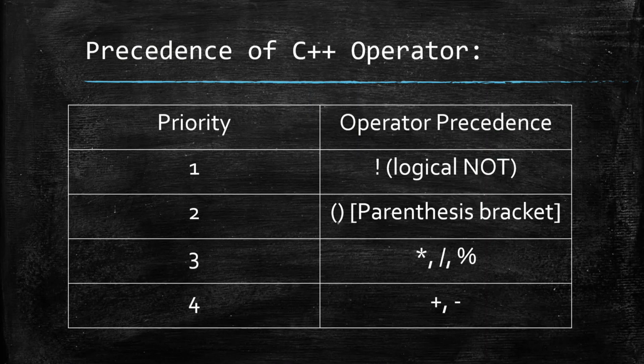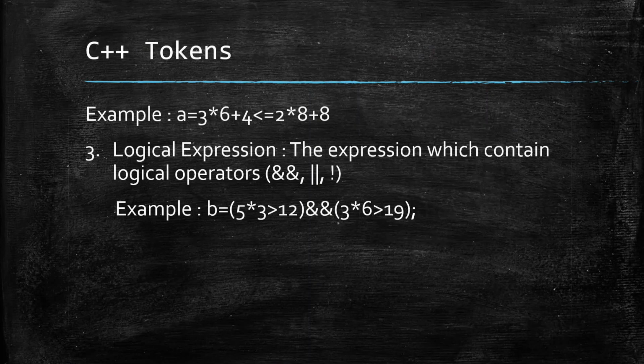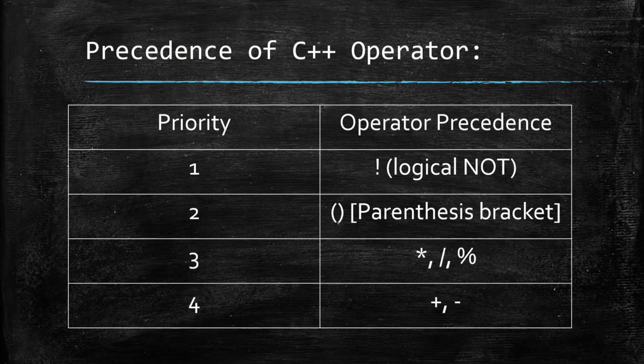So whenever you get operators of the same precedence level in the same expression, you are going to solve them from left to right. That's all. So first you will be solving this bracket expression, then you will be solving this bracket expression. Fine. And next, your third precedence level is your into for multiplication, division, modulus. So if you get these 3 operators in the same expression at a time, then from left to right you will be solving them. Fine. Our fourth priority is for plus and minus,